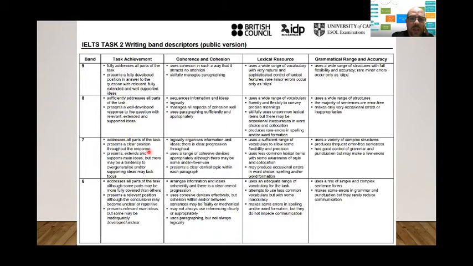If they're reading your essay at any point and they don't know what your actual position is, then you're going to be losing marks on task achievement. You might be given this, for example,